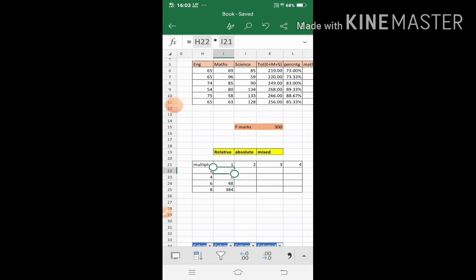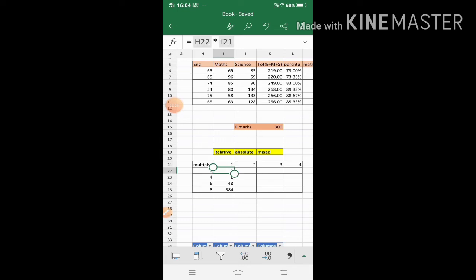So it is using the relative reference, because the first one is S22 into I21, the next one is I22, then I23. But I want this column to be fixed, because here I is the same, and 21 is also the same.